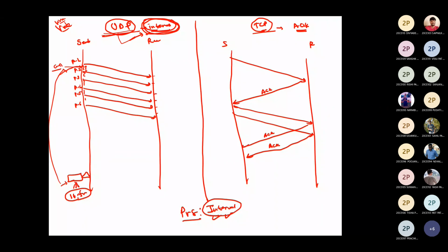Is it clear? But mind well, if a packet, for example P5, is dropped, the next subsequent packets P6 and P7 will be sent. It will not take care about whether P5 has been received or not. Once it reaches P6, it displays the P6 packet on your screen. So you might observe some disturbance during your live cricket match because of this dropping of packets. It will not care about the dropped packet and will display the next subsequent packet. Okay, any question?